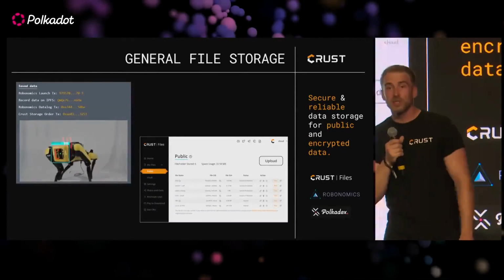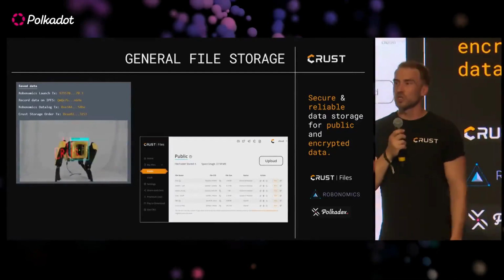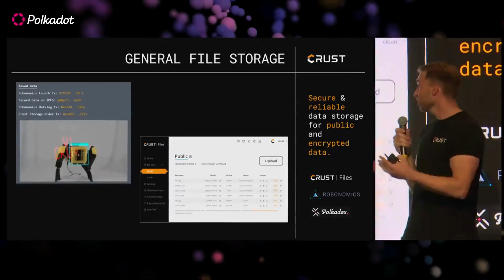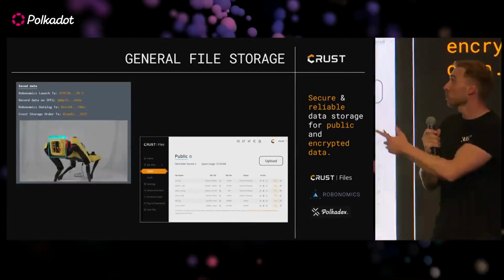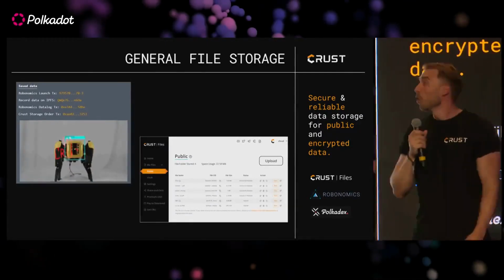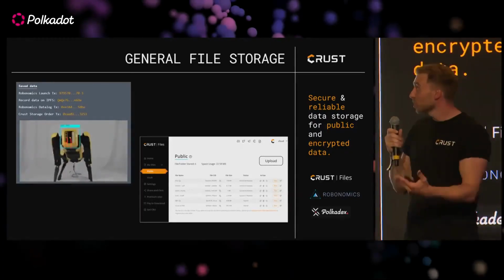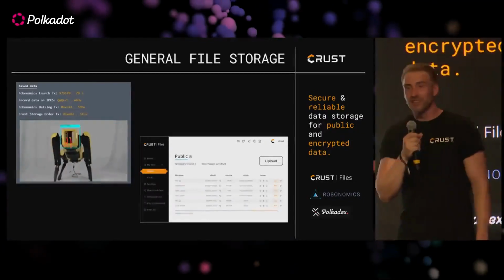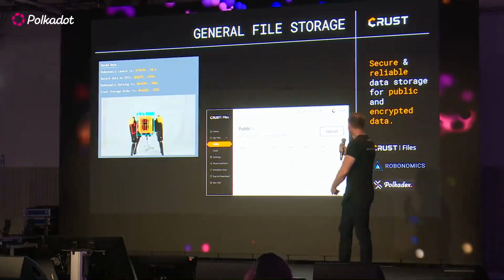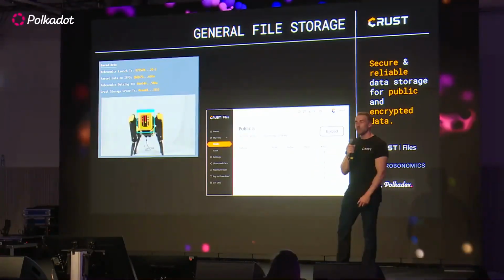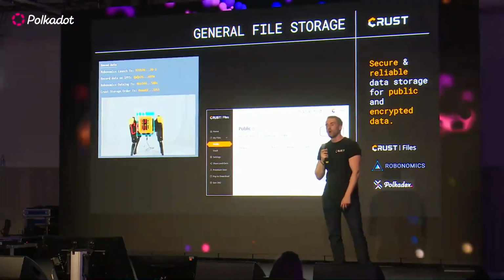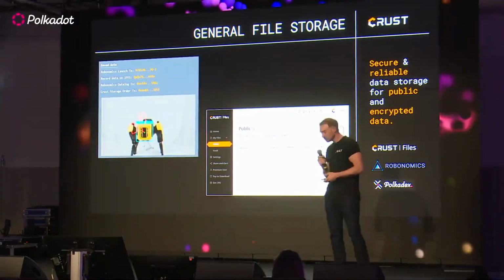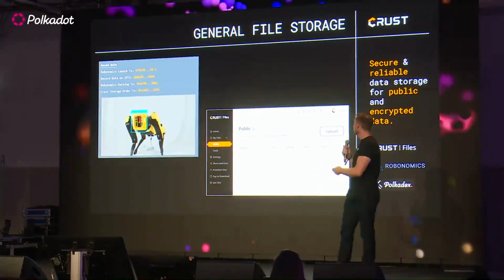And the last use case I want to mention here is general file storage. I probably could sum up a lot of different projects in this bracket, but I want to just mention a few of them. For example, we have this really cool use case with Robonomics, where we store machine data collected by those cute robots from Boston Dynamics directly to Crust Network. We also work with Polkadot, where we are in the process of opening an XCMP channel to provide backup services for their decentralized order book. And here and there, Crust also